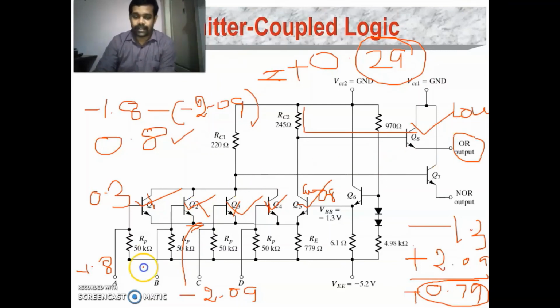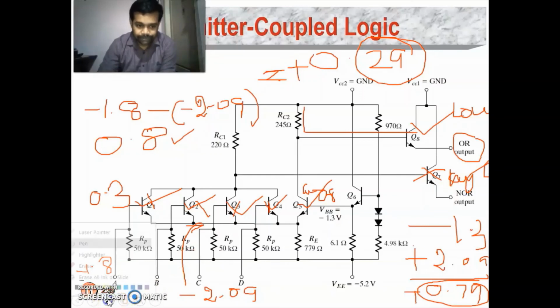Okay. Now this Q7 is connected to this transistor Q3. So when you are giving a low input, the transistors Q1, Q2, Q3 and Q4 are not conducting. So this Q7 will not conduct, and here the output you are getting is nothing but high. Once again, I am explaining clearly.